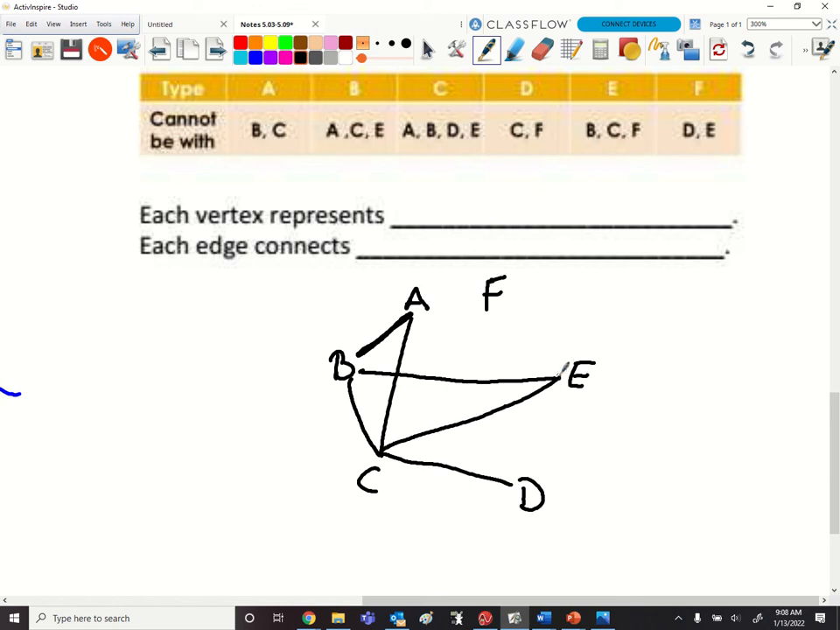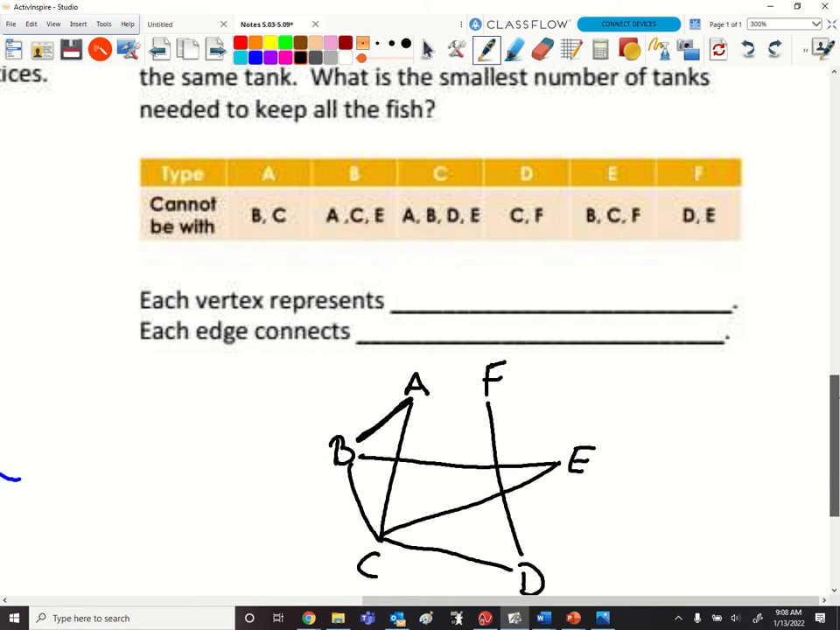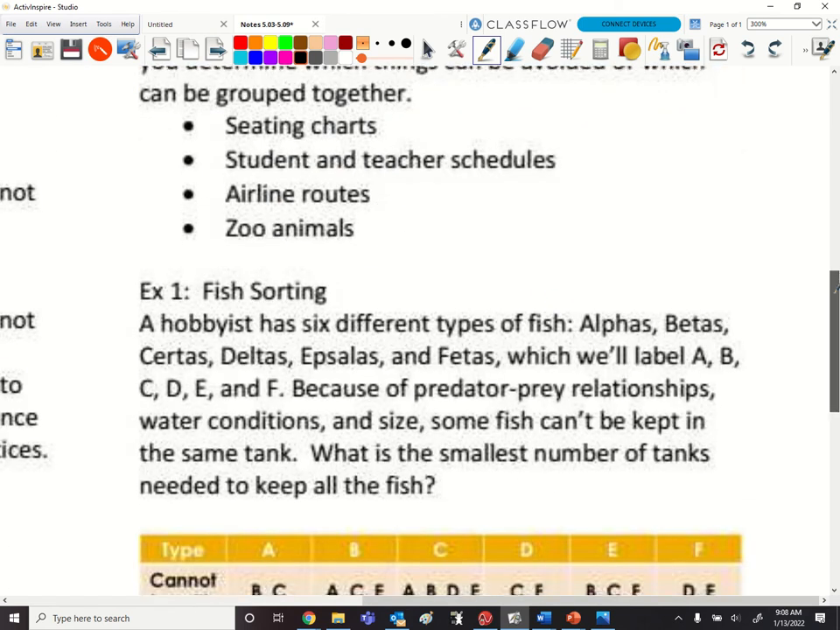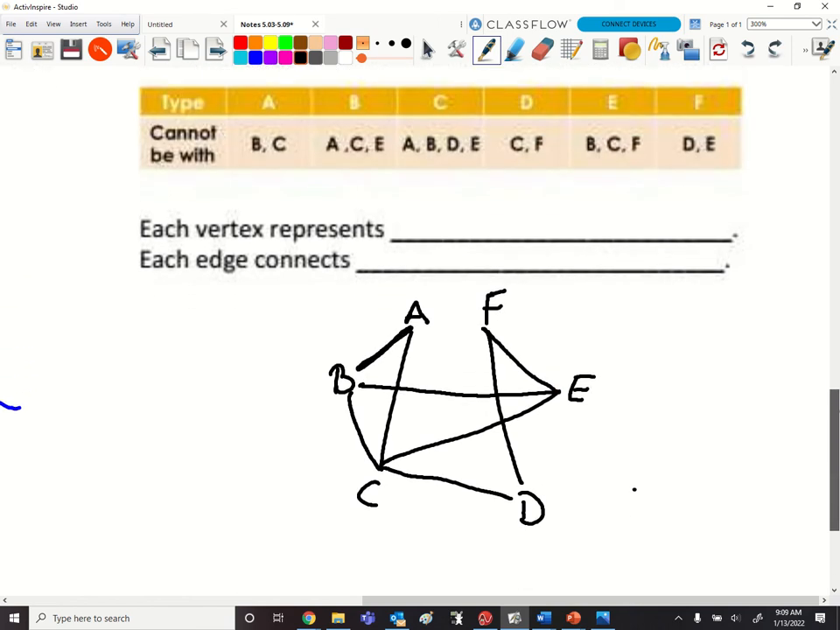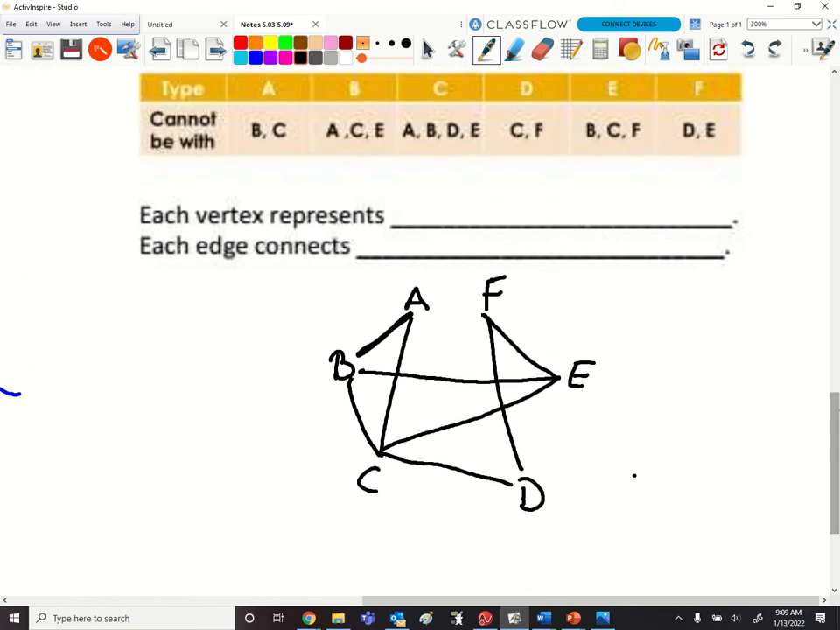Yes? D is going to connect to C and F. D goes to C and it goes to F. E goes with B, C, and F. There you go. And F goes with D and E. Yes. Now that I have this mapped out,